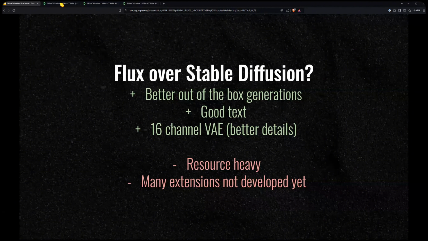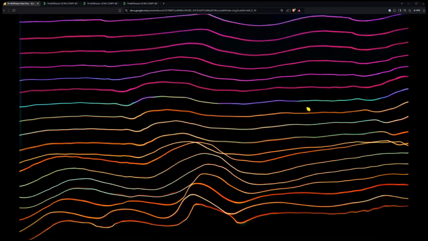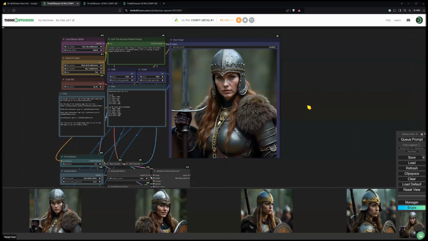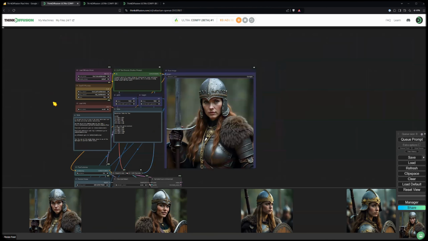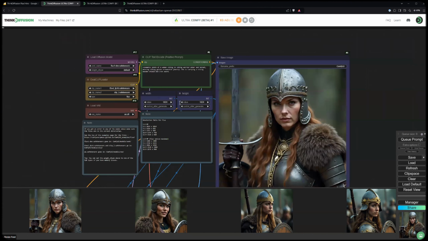So with that, we're going to look at a workflow inside of ThinkDiffusion. Now we're inside of Comfy. And these workflows that we're looking at today are going to be available to download after. Aisha and I are going to send them out. So this is a Flux Dev workflow. And what's going on here is we have this prompt box.